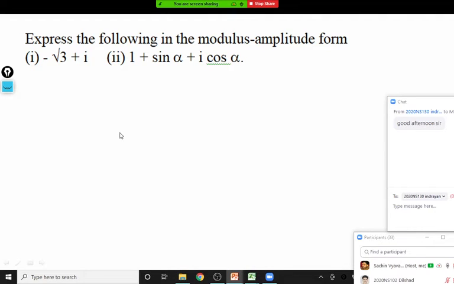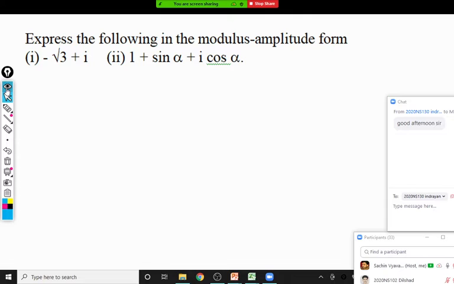So we are going to start here with the same type of example that we saw in the last session: we are first going to convert the given complex number into polar form or standard form, and then we'll see some examples on the locus of the complex number. Okay, so we'll see here the first question.